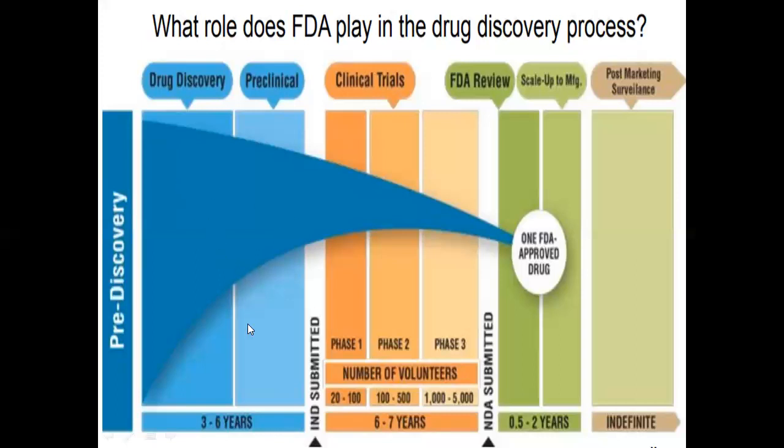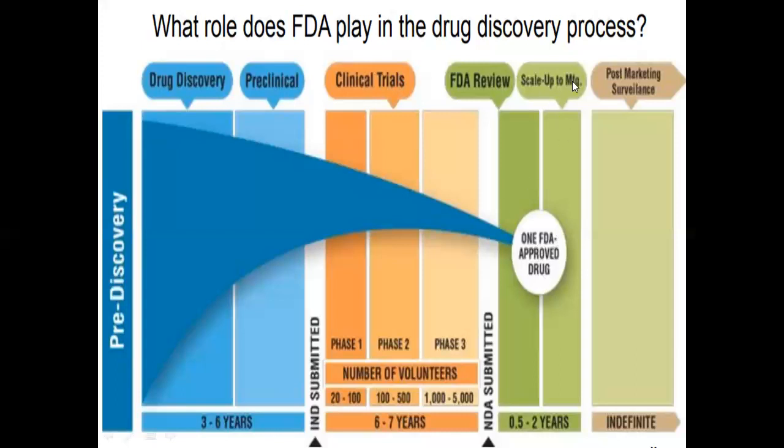Drug discovery and preclinical may take 3 to 6 years, right? Coming to the NDA, the New Drug Application is submitted here. Once the drug passes the third phase, it will go for review. The FDA, the Food and Drug Administration, is going to review the data obtained right from the beginning, from drug discovery, preclinical and clinical trials. Once they get a satisfactory result, they give the approval. So the FDA approves the drug.